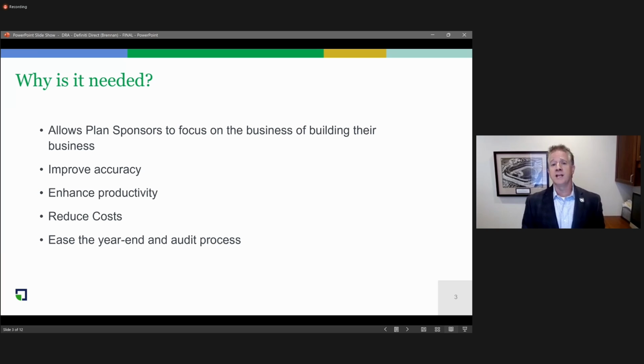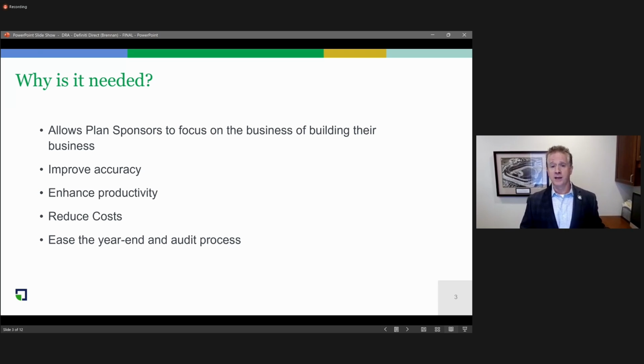Number one, it allows plan sponsors to focus on the business of running their business every day. Secondly, it improves accuracy and takes out a lot of the manual intervention that's often needed to correct manual errors. Thirdly, it increases productivity. Think about the amount of time that a plan sponsor spends week to week, month to month, and over the course of the year uploading payroll contributions to their record-keeping website. Fourthly, it reduces costs.